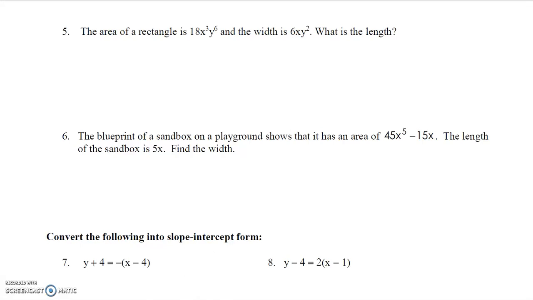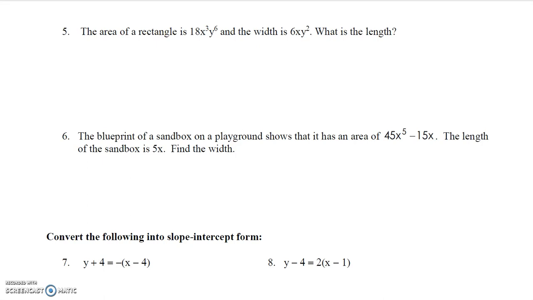Okay, we're going to go over our review to get us prepared for our upcoming CBA. But what we're going to do on the reviews this go around is I'm going to go through and do all the questions that do not require a calculator, and then I'll go back and do all the questions that do. So we're starting with number 5, and it says the area of a rectangle is 18x cubed y to the 6th,